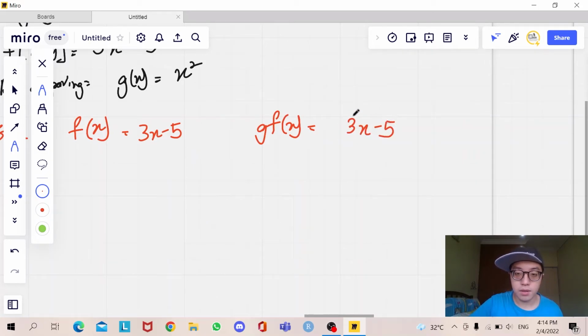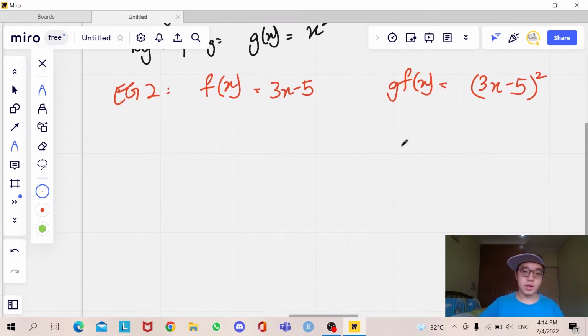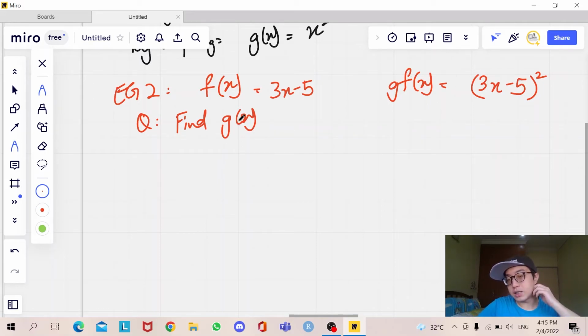3x minus 5 squared. So how are you going to look for this? All right. So the question asks you to find g(x). So this is going to be a little bit hard here. Of course, you can use the compare method, but usually it's not going to be so easy to compare. So from here, you will need to use g(x) is equal to g(f